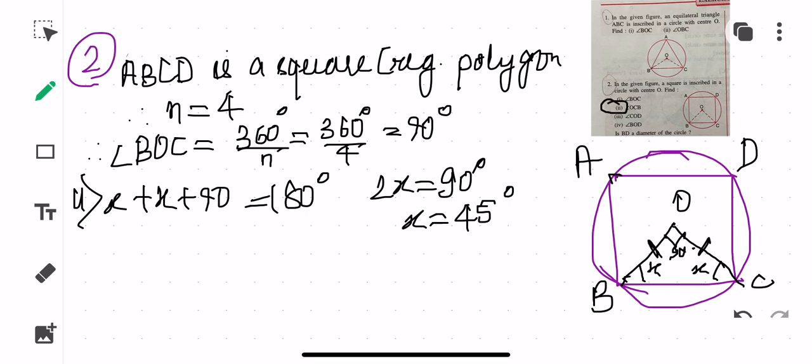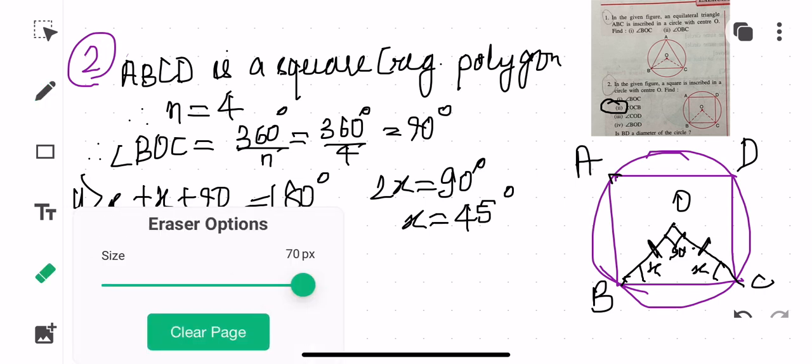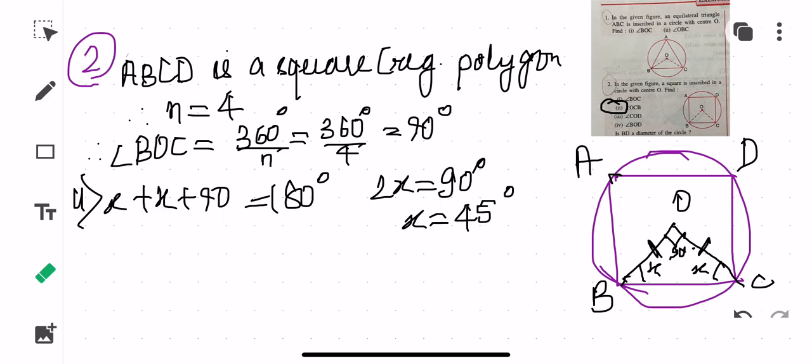Now you need to find out angle COD. Okay, so for finding out angle COD, children, there are two ways which you can do. The first one is what? You can use the same concept, that the angle that is subtended by center, and if you don't want to use that concept, you can easily use the concept of linear pair, because you can clearly see that if you just want to, okay, so no, you just can't extend it like that, because that is what you have to prove. So for finding out angle COD, what I will be writing, see here,